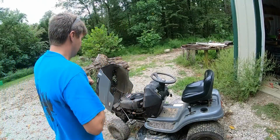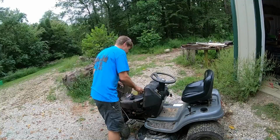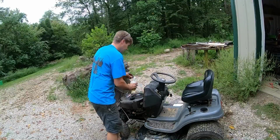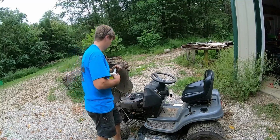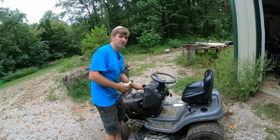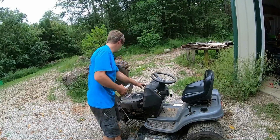All right, it's all put back together. I got gas in it, I got oil in it, I'm putting a little bit of mechanic in a bottle in it. Everything's hooked up. Now the battery might be too dead to start it, so we may have to put the jump pack on, but we'll...